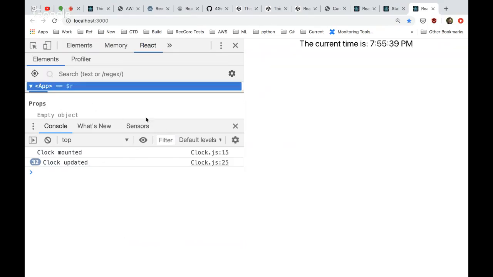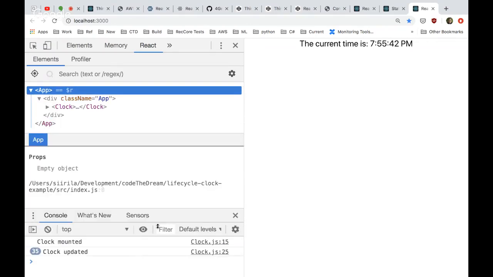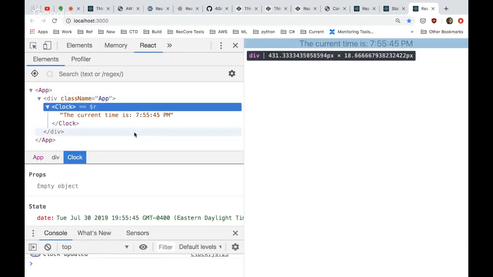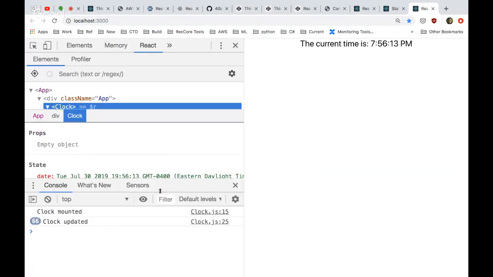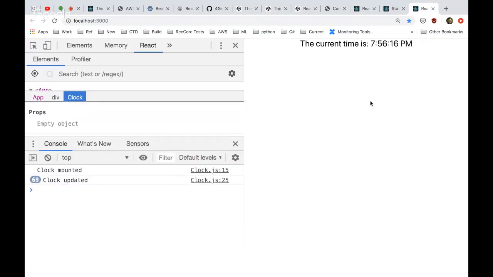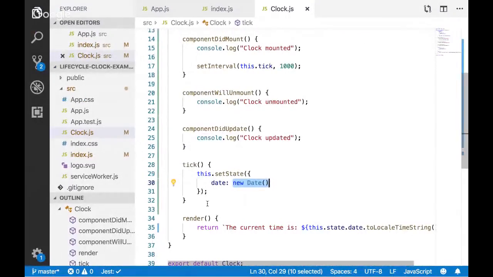If we go look, let me shrink this down some. If we look at this clock component, oh, is it not showing us the highlighting anymore? It should be highlighting the updates. It should be sort of highlighting because that thing is getting updated every time, right? It's not re-rendering, but it's getting updated. I guess they've changed the way that they show that. Weird. And if we look, we can see this date object is changing.